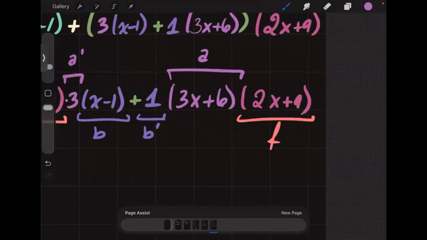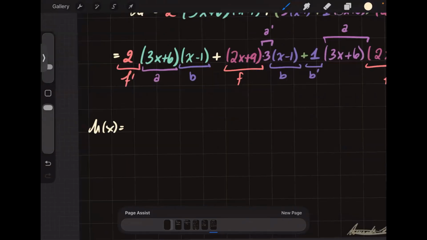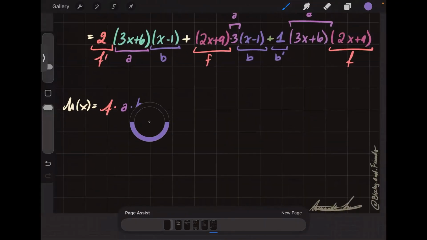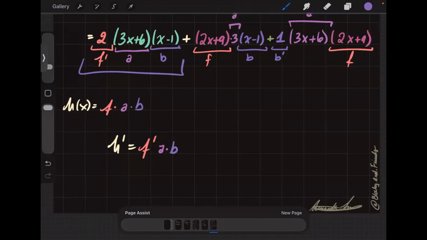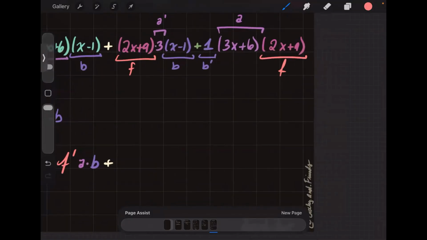And this piece is a, which means you can actually write this as, if h of x is equal to f times a times b, you get h prime is equal to f prime a times b, that first piece, plus f, normal f, times a prime times, oh look, normal b